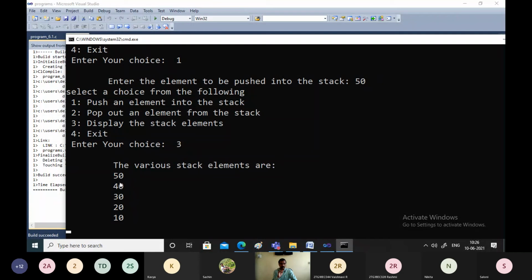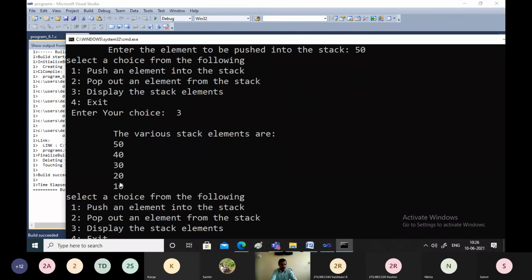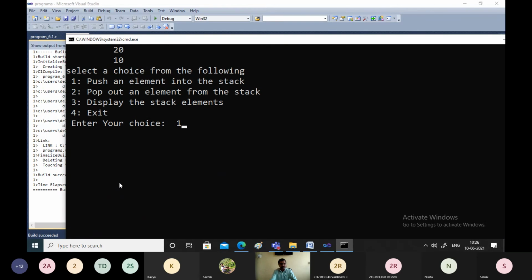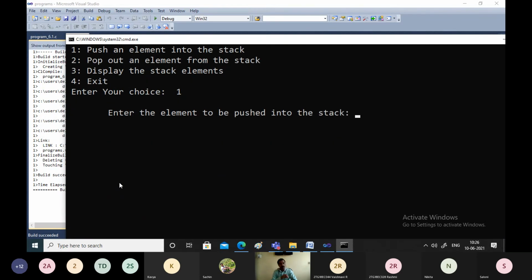Now we know that the maximum size of the stack is 5. We can store only 5 elements onto this stack. Now I will try to insert one more element. Give choice 1 again, enter. Enter the element to be inserted onto the stack. Say I will give 60. Is it possible to insert the 60 now? No, it is not possible to insert 60. Why? Because the maximum size of the stack is 5. Now once you try this, we'll get the message. What is that? Stack is full. The maximum capacity of the stack was 5, and we have successfully inserted 5 elements. If you try to insert the 6th element, that will not get inserted.